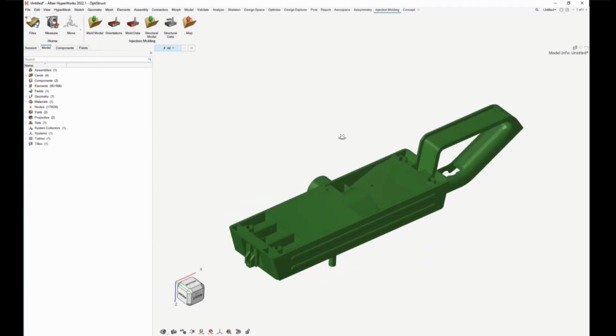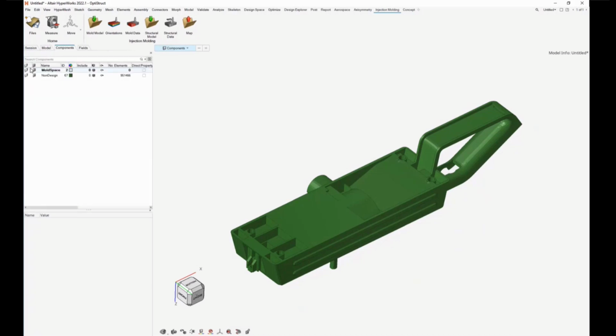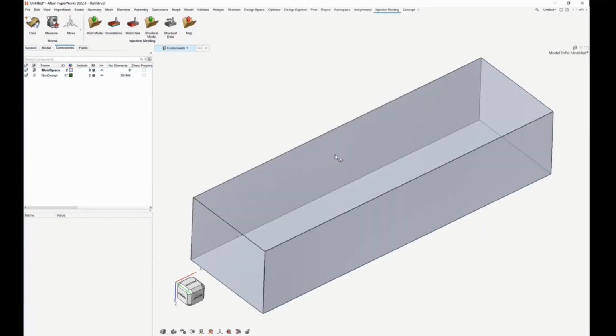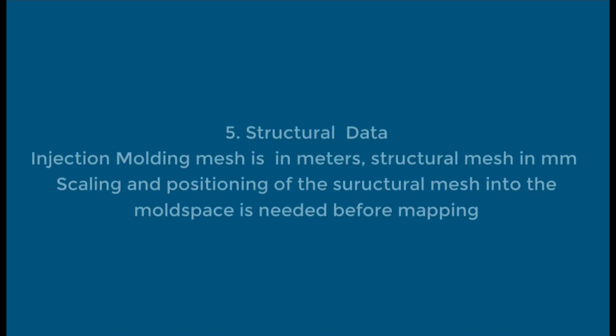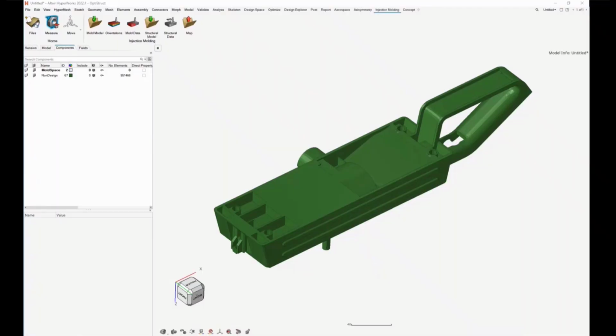So now we got our structural model here. And if we review the components, we'll basically see that both of them are here. One is just a geometric representation, and the other one is our structure model. Now, if we check the measurements, we'll also see that, obviously they're not in the same scale. One is in meters and the other one is in millimeters. So we gotta do some